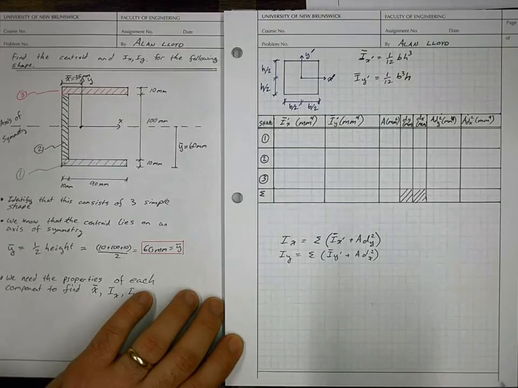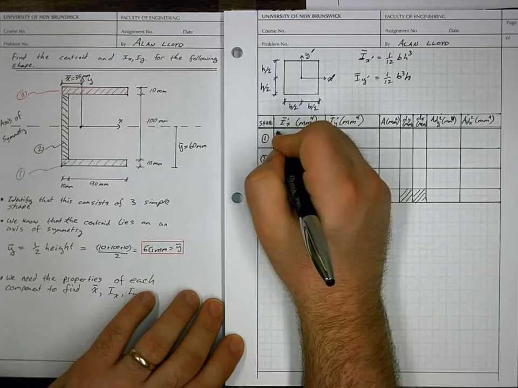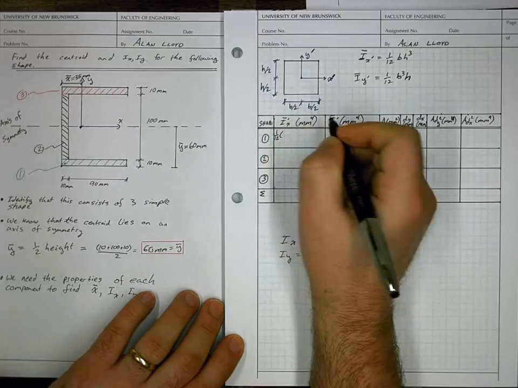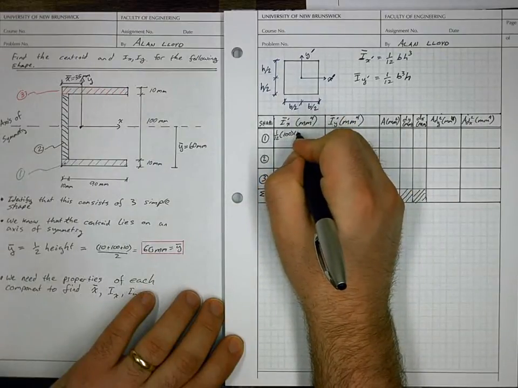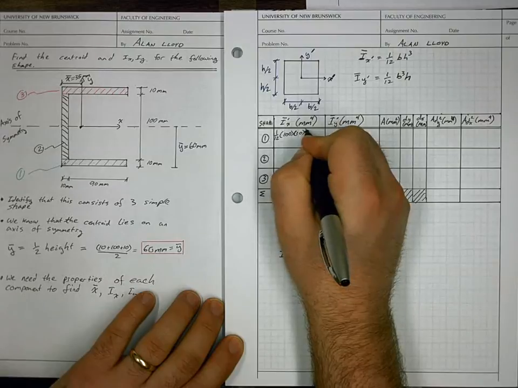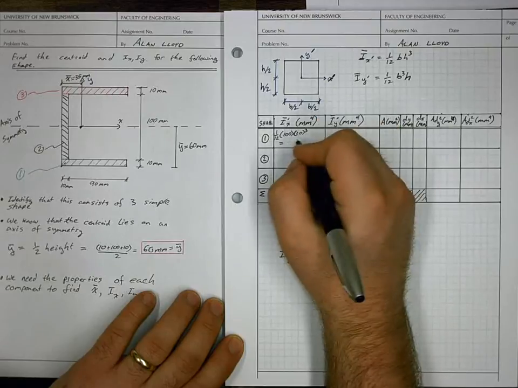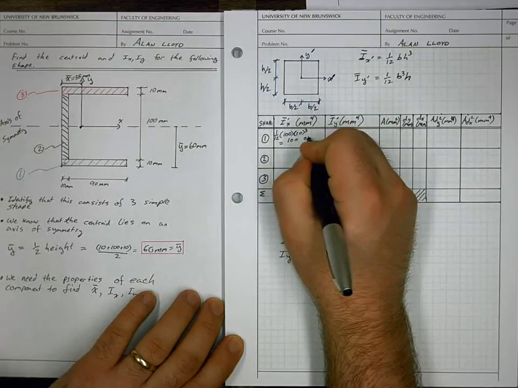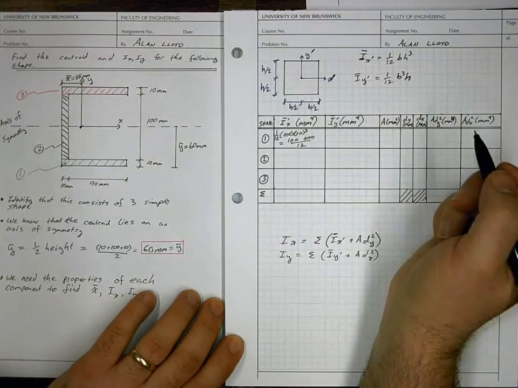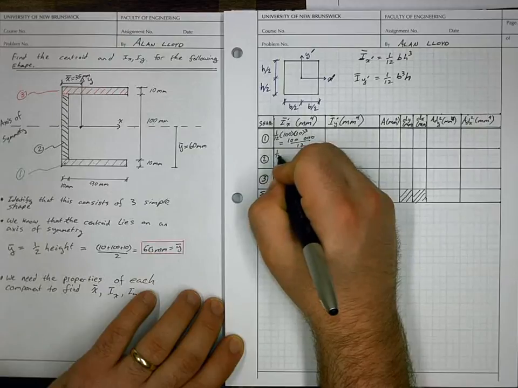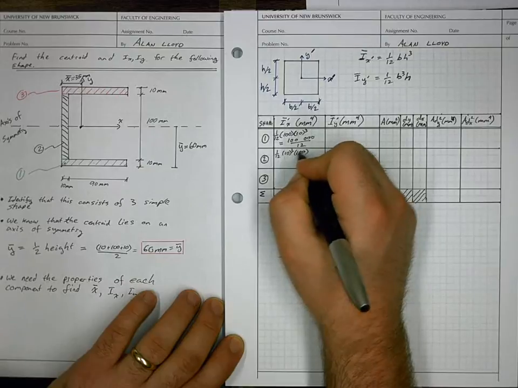So if we apply that I bar x prime is 1/12 base times height cubed, we can say 1 over 12 times, for section 1, base times height cubed, 100 times 10 cubed, and that would be equal to 100,000 over 12. And if we went to shape number 2, we'd have 1 over 12 times 10 cubed times 100, and this is going to be equal to